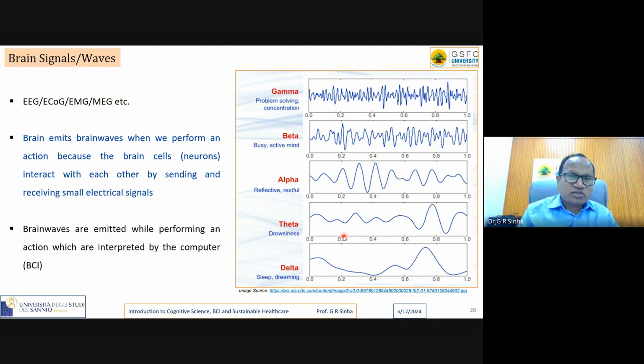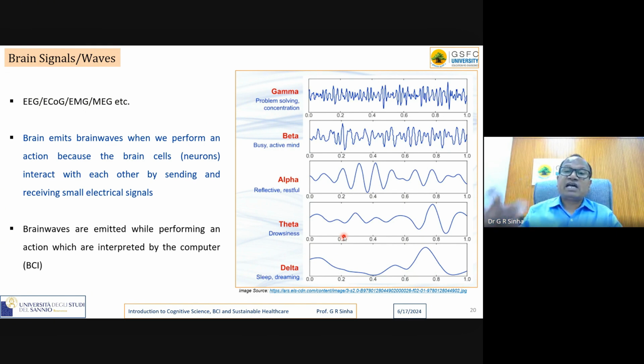Can we decompose the different waves from the EEG signal? The answer is yes. Inside Python, there is the MNE library. Inside MATLAB, there is the EEGLAB library. You go to EEGLAB of MATLAB or go to the MNE library of Python, take an EEG signal, decompose it. You will get alpha, beta, gamma, theta separately. I will explain it in the next lecture, probably.